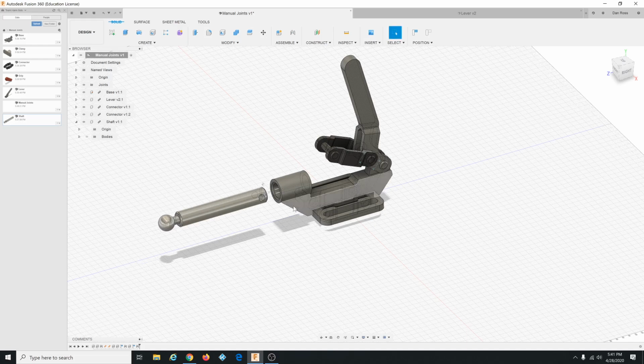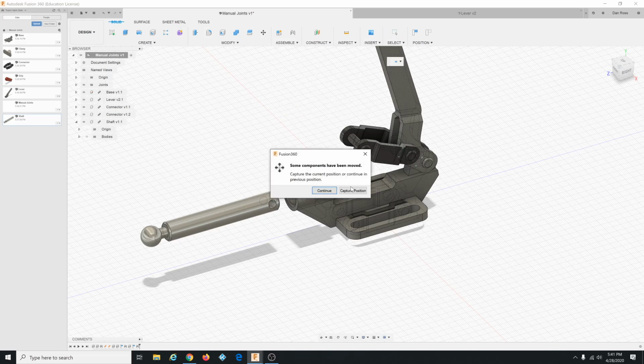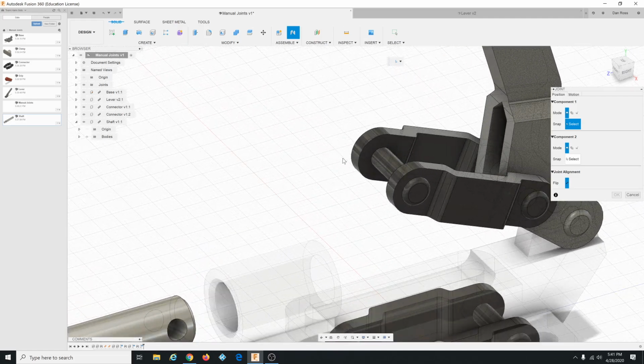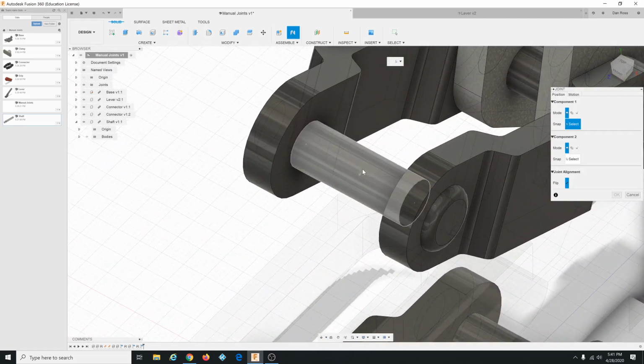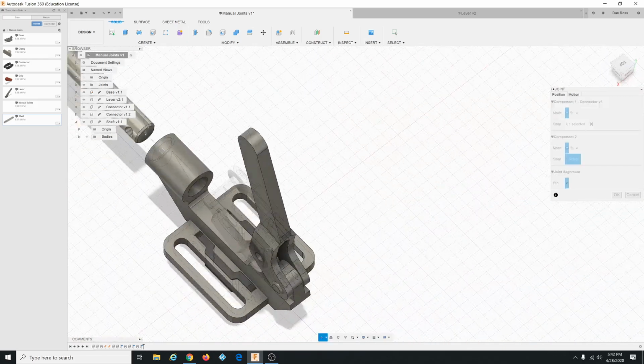It's cool. All right, now we're going to connect this shaft to this connector thing. This, yeah. So assemble, joint, capture position. Click this. Let me zoom in a little bit. Click this right there. Then